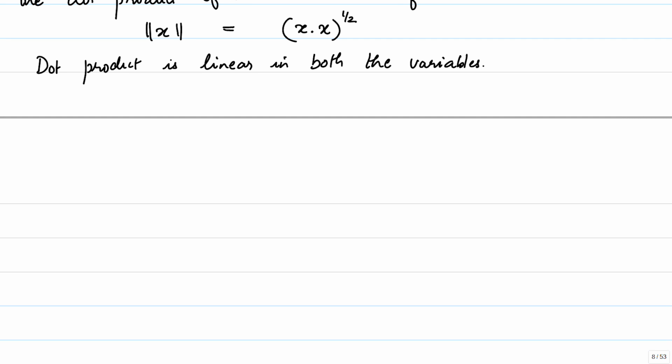Similarly, we will now define the notion of an inner product, which is generalizing those properties of the dot product which is familiar in R2. We shall now define inner products on vector spaces